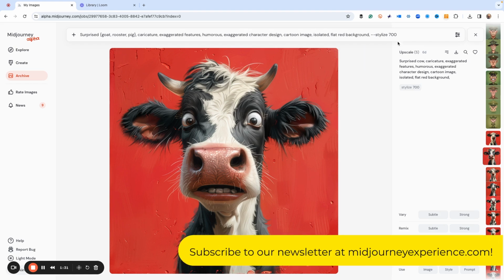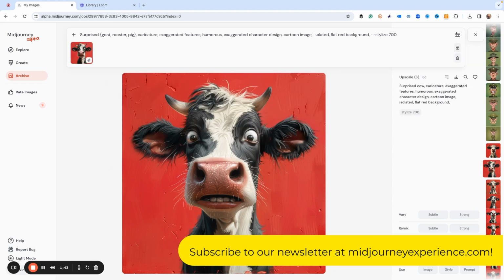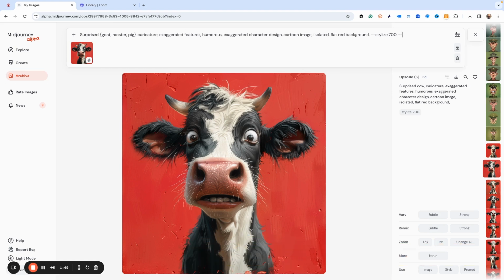And we're going to do the style reference, so we put that in. That's your sref. And then we're going to give it a little weight, so we're going to say sw, and we're going to give it some style weights.